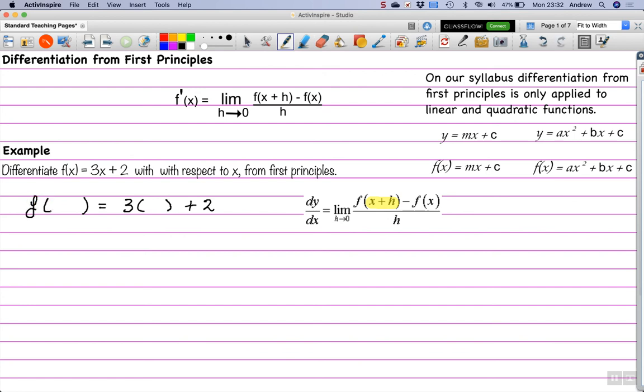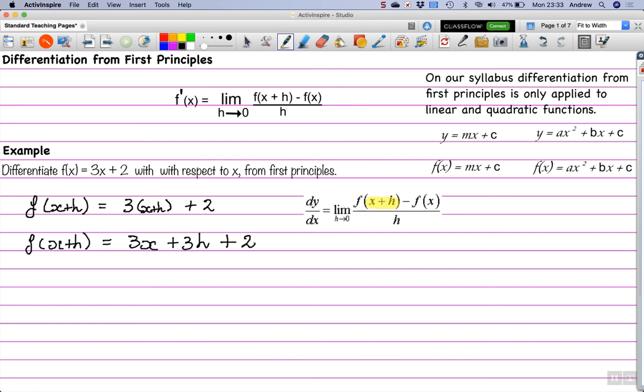So there's our f of x plus h, and inside this bracket x plus h. Now what we're going to do is expand it out. So f of x plus h is now equal to 3x plus 3h